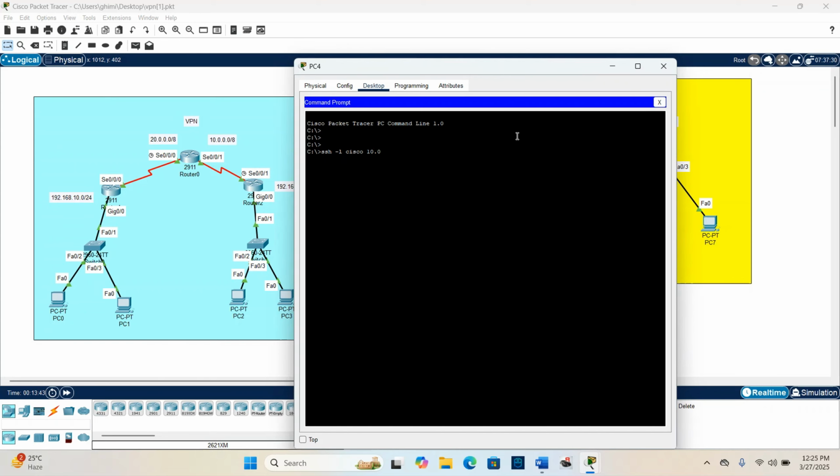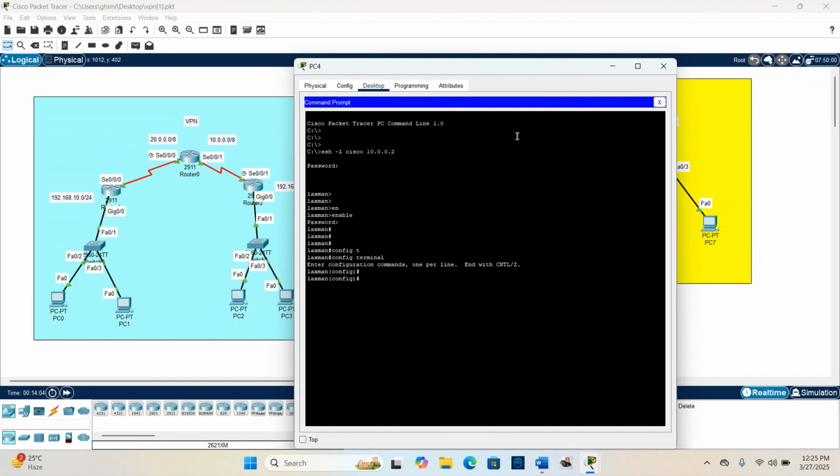10.0.0.2. So you can see it is asking for my password. So the password is ISMT12. So you can see I am able to access this. So when I enable this, I give its password, ISMT123. So when I give that over here, you can see now if I want to change the name,